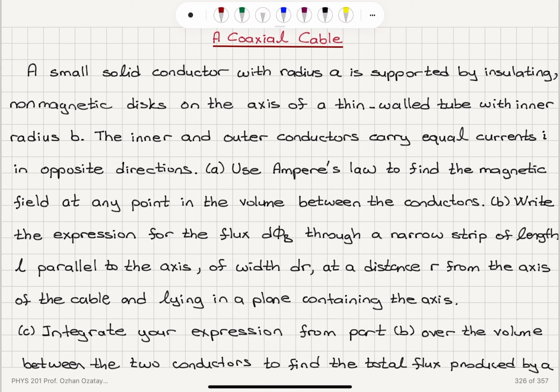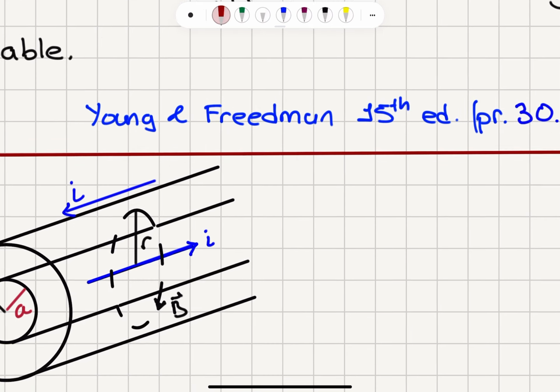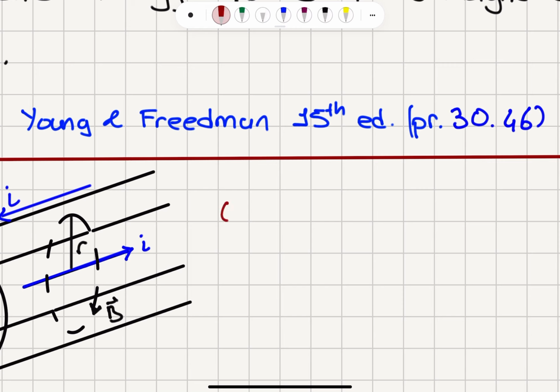direction. Part A, use Ampere's law to find the magnetic field at any point in the volume between the two conductors. So we take an Amperian loop with radius r from the center and we write the closed path integral for part A. The closed path integral of the magnetic field dot product with the line element on the circular path, and because the magnetic field will be only a function of r and it will be